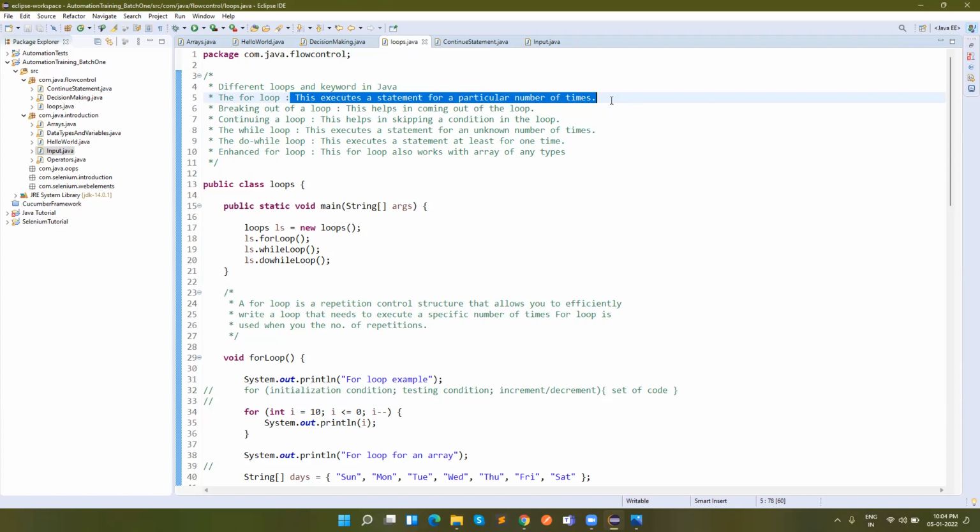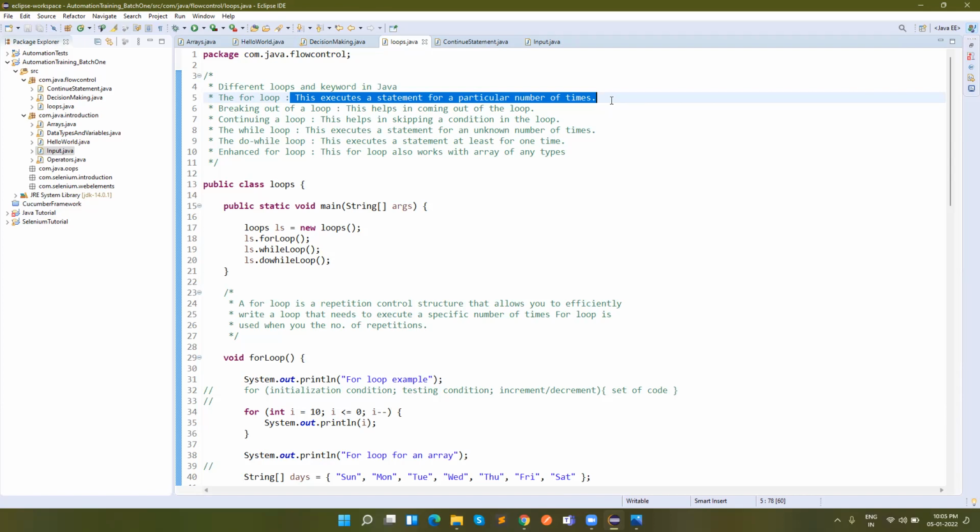Ultimately, in any of the loops, the first statement we said is that it executes some part of code repeatedly while some condition is true. So any loop you take, definitely there will be a condition, whether it's a for loop, while loop or the do while loop.